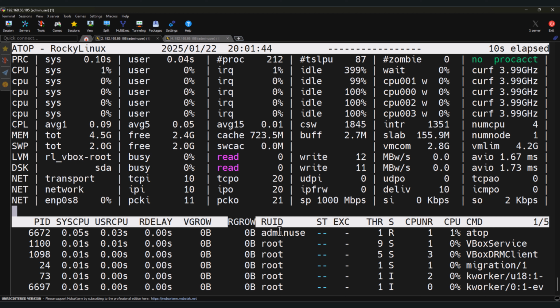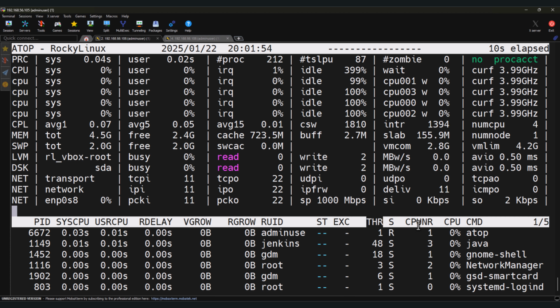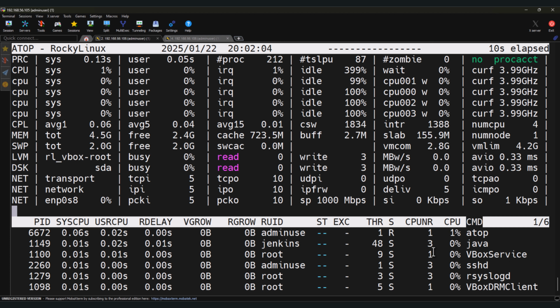And also we have ST, state of process, any exception or number of threads used by the process, CPU number the process is running on, and the percent of CPU being used by the process, CMD the command that started